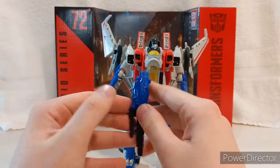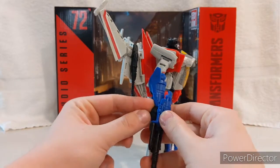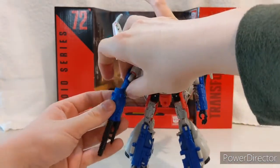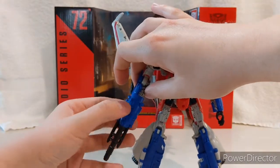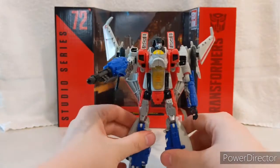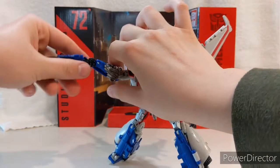I'm pretty sure it's supposed to be his null ray, but I mean, why not just give him arm-mounted guns like he has had for so long? And, oop, and there, it popped off. There we are. And his gun pretty much blends into his forearm, with it being that blue,